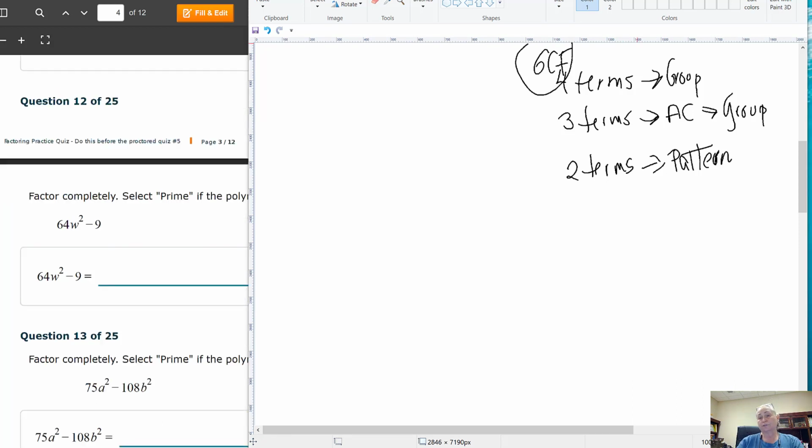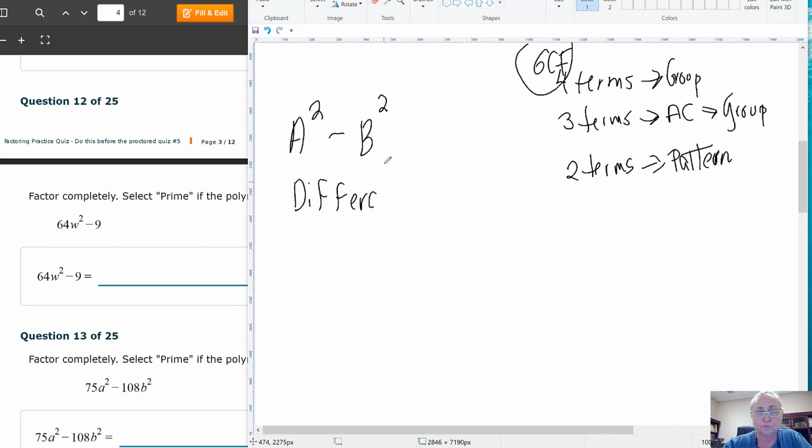So these are the patterns that you need to recognize. You have one number that is a square, subtract another number that is a square. This is called the difference of squares. Difference is subtract. Squares are two numbers just alike that are the factors of a number. And so the pattern for this is,